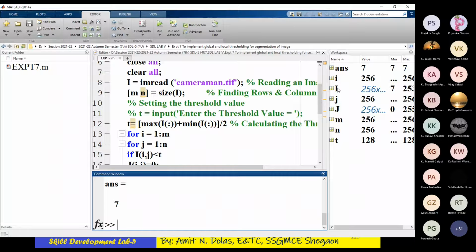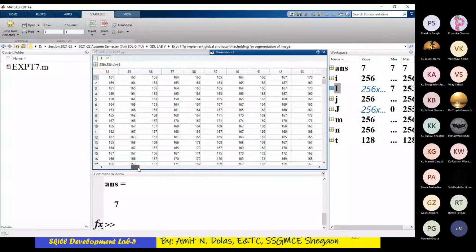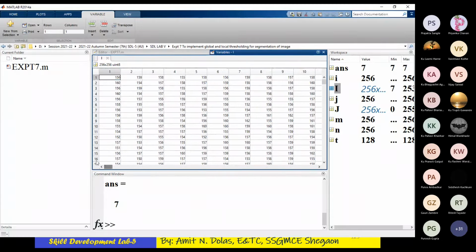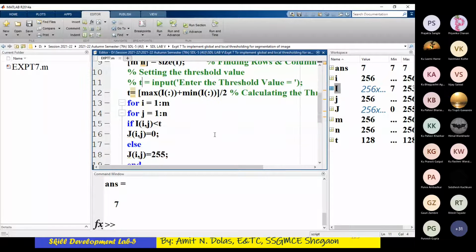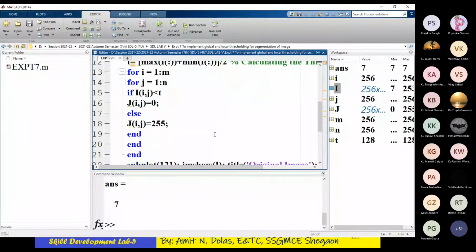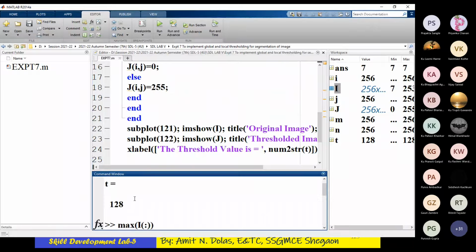But why are you getting these mean and max values? The max value here is not 255, that is certain. The mean value is also not 0. How is it calculated? Okay, it is closer to 130. No worry. 253 plus 7 is 260, divided by 2. It must be near 130.